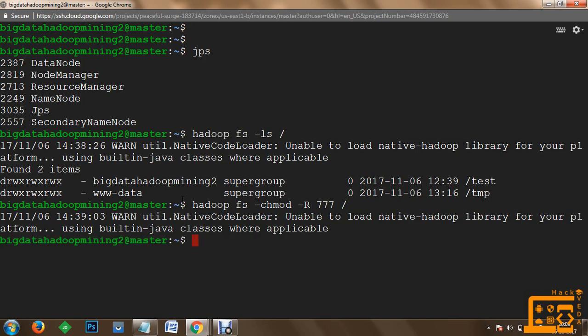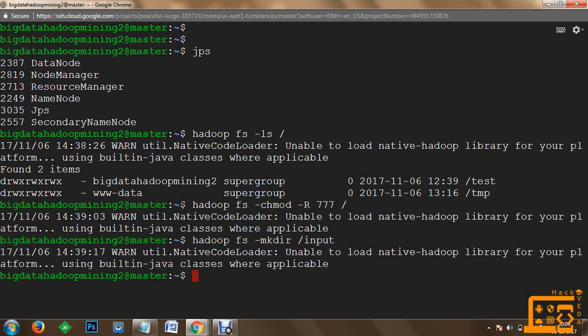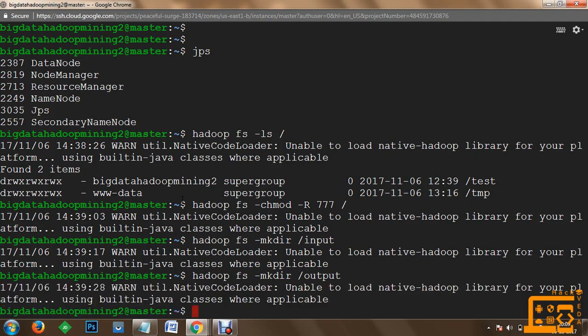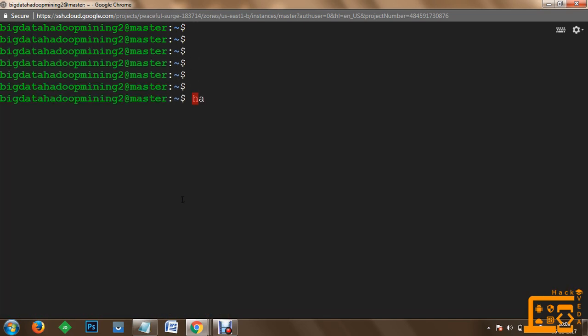Now once we are done with this, we are going to use hadoop fs -mkdir, and I would like to create an input directory. In the same way, I would like to create, with fs -mkdir, an output directory. So once input and output directories are created, within them your user account folders will be created, and within those our files will be processed. In case there is any exception which occurs in your application, you can quickly modify the permissions here. So now we have access to this, and we have created a few directories.